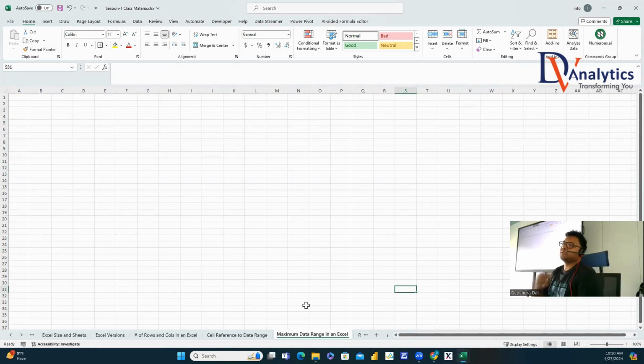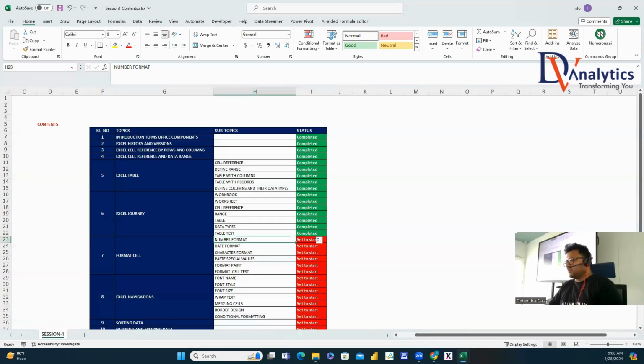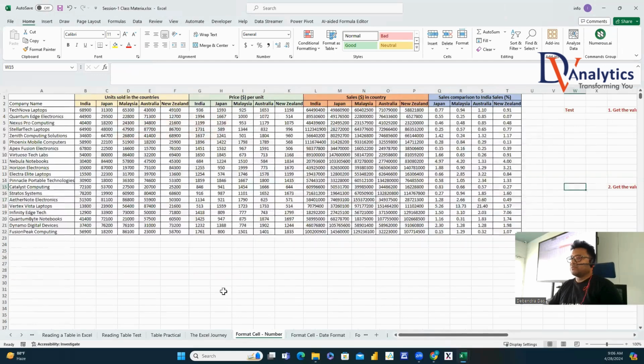Now this is the interview question. What is the maximum data range in an Excel file? So I'm going to start over here. This is saying the format cell. What you see, guys, in my system here is that